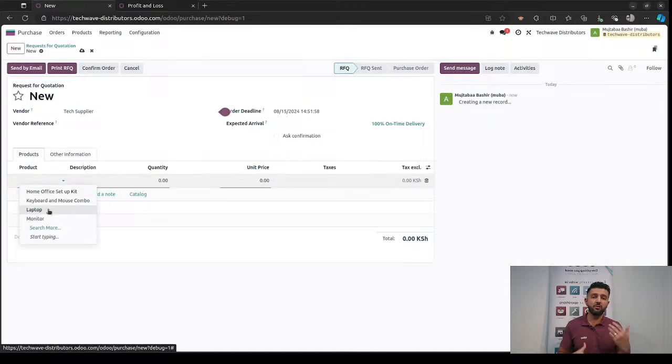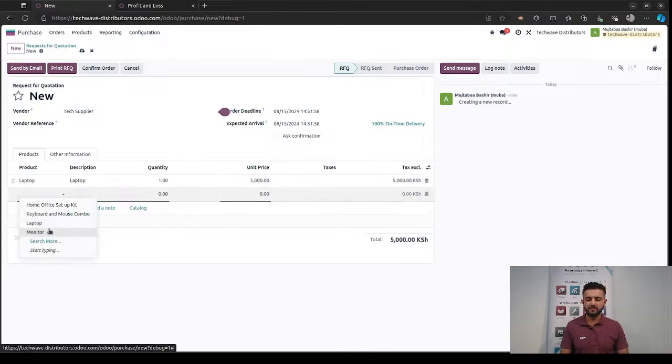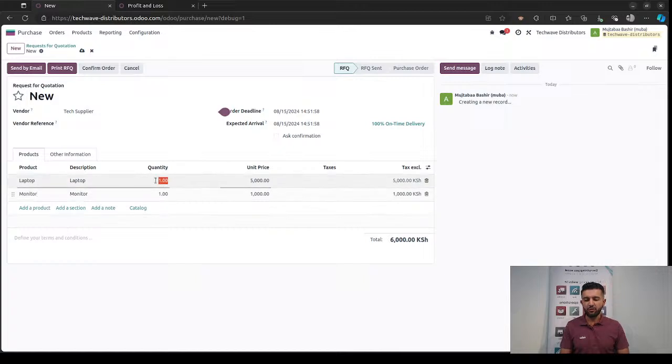Now, I want to show you also the average costing and how it's going to happen. So we will select this time the laptop and the monitor. Okay, so he receives maybe just 2 more of each. And this time he is receiving it at a high amount. Maybe the price is inflated. So for this, you can receive it at 5,500. And for the monitor, he received it at, let's say, 2,000. So we will save again and proceed